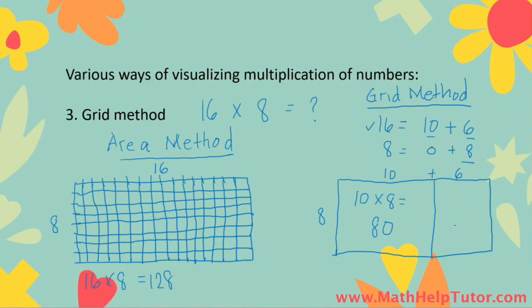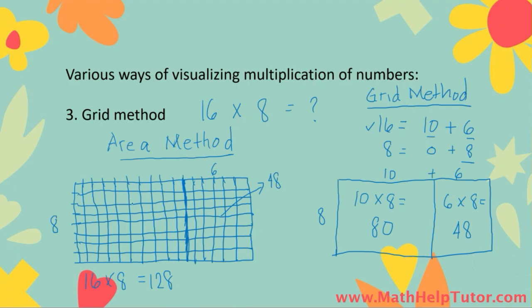Going to the next rectangle, to get the area or the number of squares inside this figure, what we have to do is just multiply the length of the sides. So we have a length of 6 and a height of 8, which is equal to 48. Looking at the rectangle that we created here in the area method, if we created the same regions over here, so let's say 1, 2, 3, 4, 5, 6, and we counted the number of squares in this region, which has a length of 6, the number of squares here will be